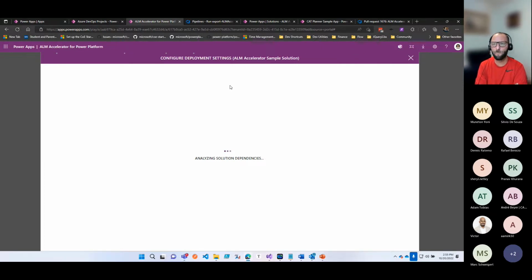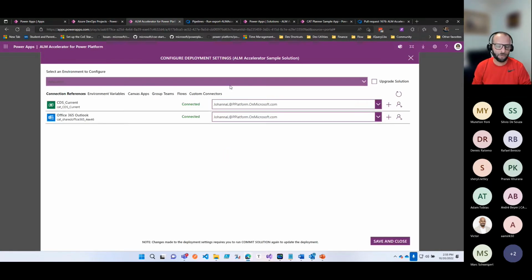This allows you to set what the environment variables are going to be in the downstream environment. It allows you to create connection references or connections in the downstream environment for connection references. It allows you to share Canvas apps with group teams or Azure AAD groups. It allows you to set the owners of flows, all of those things that, if you just deployed a solution through a pipeline, you would have to go in and do manually in the downstream environment if you